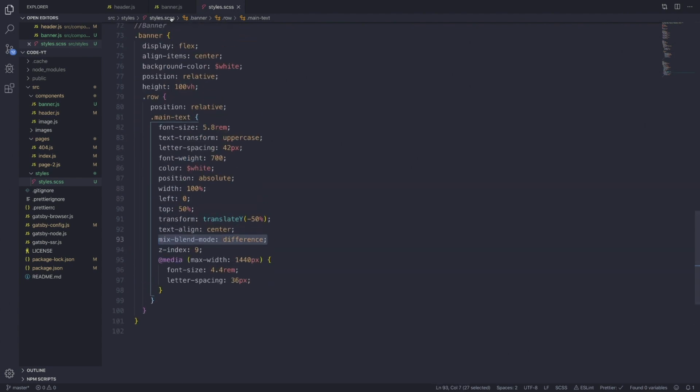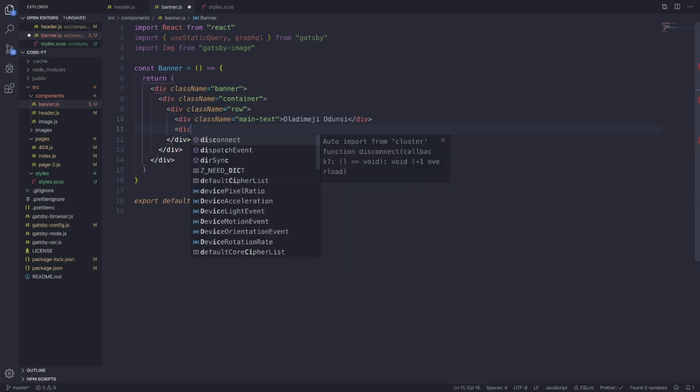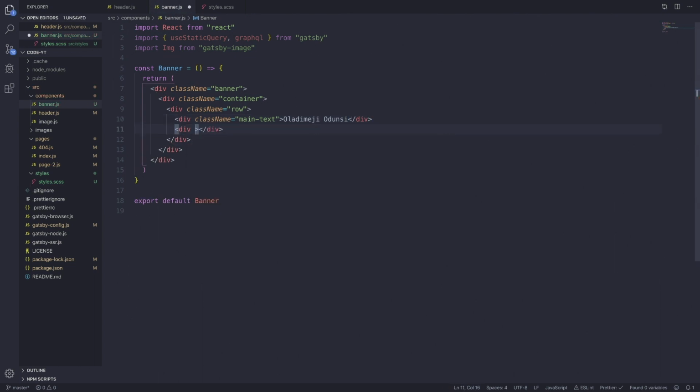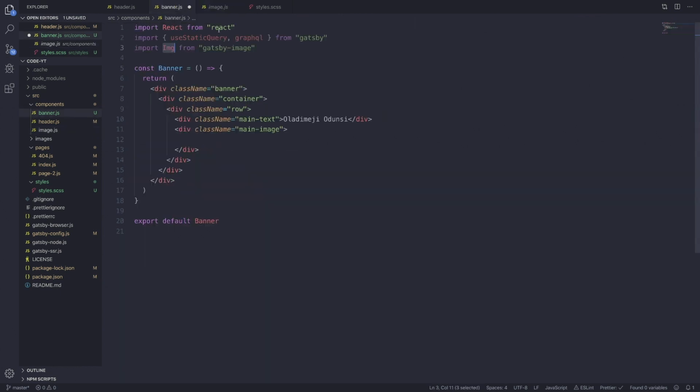Next thing we're doing is adding our image. So jump into banner.js and let's create a div with the class name of main image. I know I'm really creative with these naming conventions for our classes. You don't need to let me know. So main image, we are using Gatsby image. Gatsby is showing us how we can use Gatsby image. So it's creating its own image component, and typically we'll just call in the image component and we'll be fine